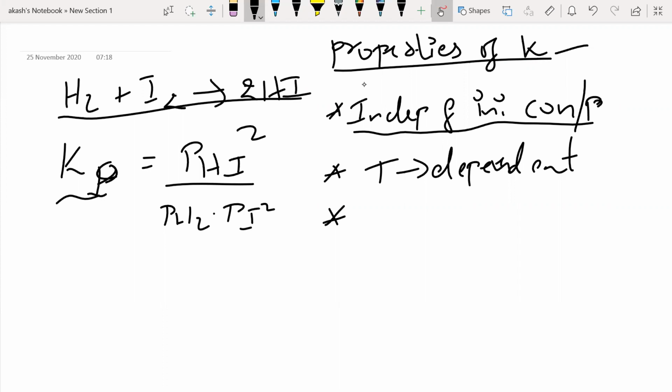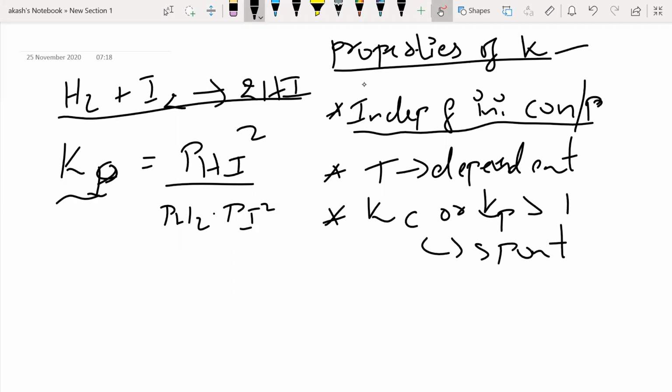But just for now, remember that if the Kc or Kp value is greater than 1, that means the reaction is spontaneous in a particular direction. Basically, if you find the value of 2.5 for a Kc or Kp, that means definitely only forward reaction would have happened. But if you find that it is lesser than 1, that means backward reaction will happen. That's what it means, right? Okay, anyways, we'll come back to this point later.